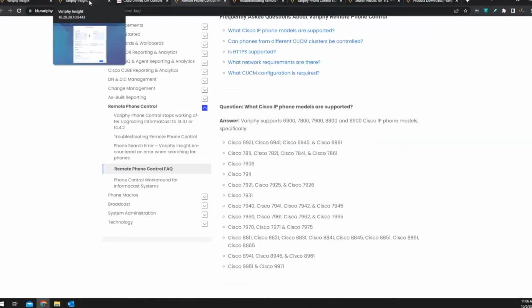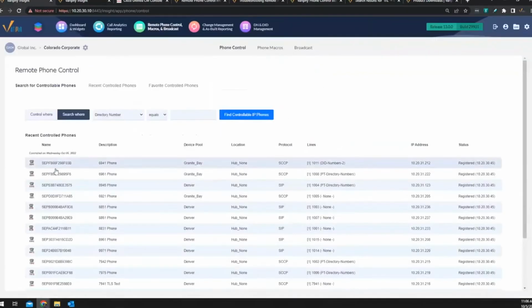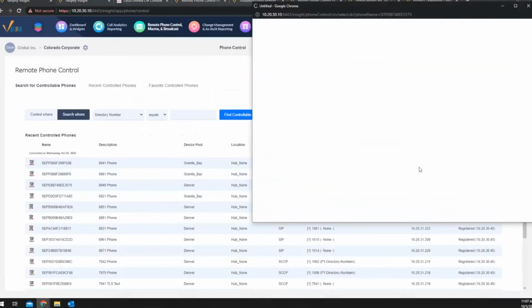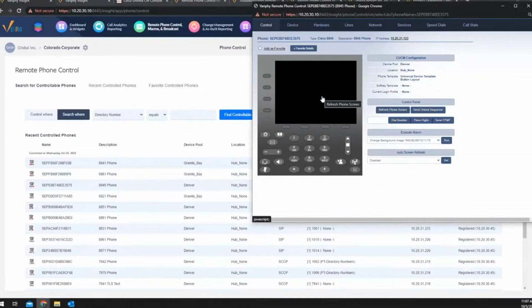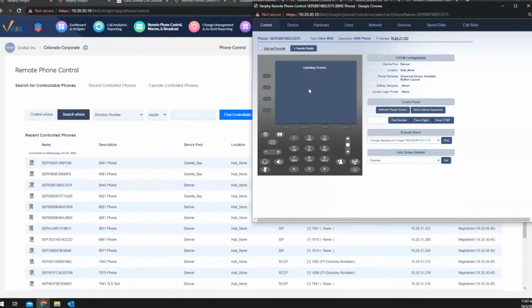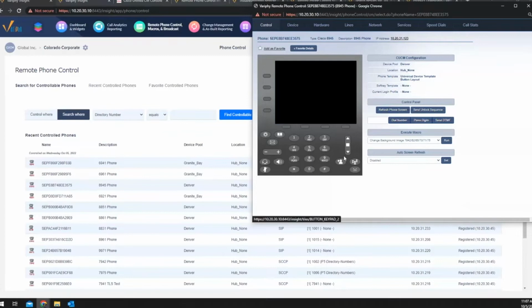So let's go back here. This should be loaded up by now. Okay, let me just show you one of these. I think this first one is the one I broke, so we'll go to the next one on the list. Let's go down to a newer one, 8945, because that screen is a little nicer looking. These older ones usually have a tiny little black and white screen. So this is what it pulls up. You've got your screen here that will refresh. I think you can set it to refresh periodically in this auto screen refresh. But typically I just click on the screen and it will refresh it. Or anytime you press a button on the touchpad, it's going to refresh it as well.